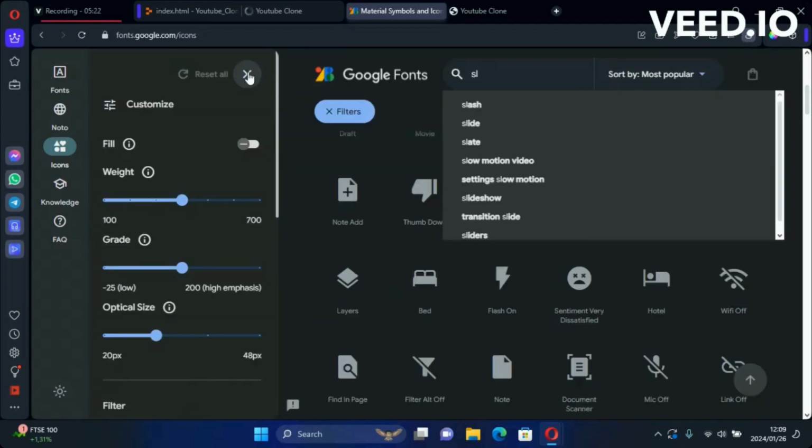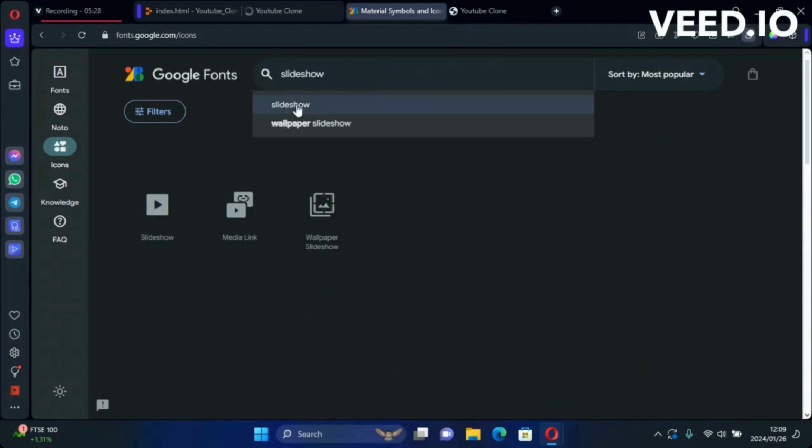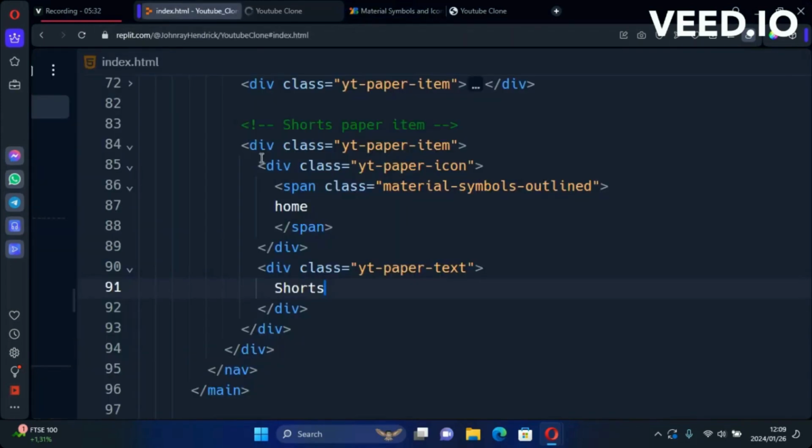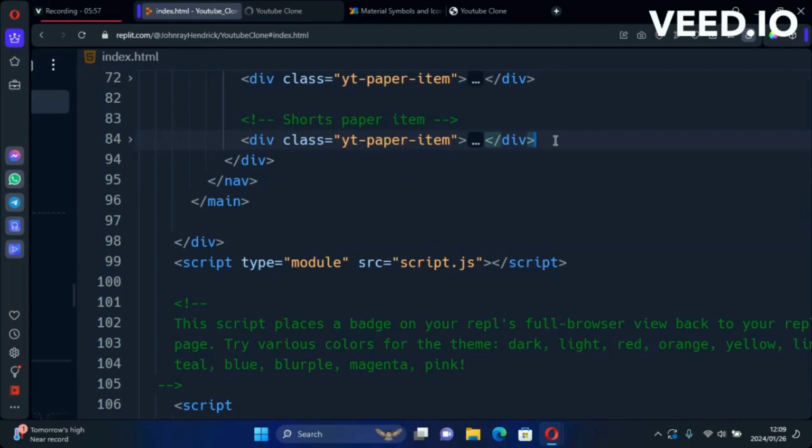Why is this thing popping up? So it's gonna be slide. So yeah, it's gonna be slide. So you're just gonna type in slide. So we see home. You can use any icon of your choice, but I just prefer the icons that look similar to the icons of YouTube. So shorts, and then what we can do is now we can just paste it in there,